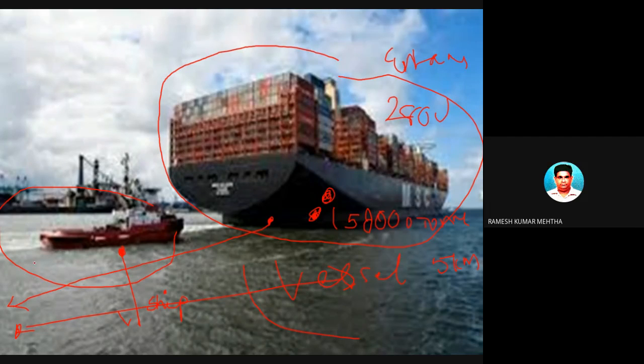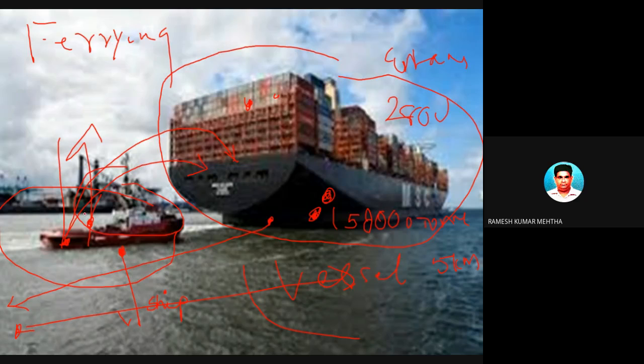So the small ships will carry one piece and they will load it in this. This process is called ferrying. Ferrying means one small container will be carried with the help of a small ship to the vessel, and it will be placed by using this particular structure or material handling equipment. This will not come to the shore because it's a humongous structure. If it comes, it will not go back. It will remain almost 10 or 15 kilometers away from the shore.